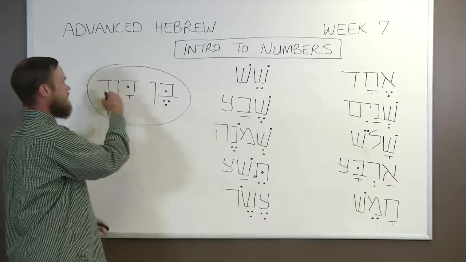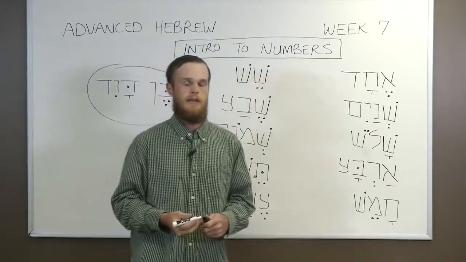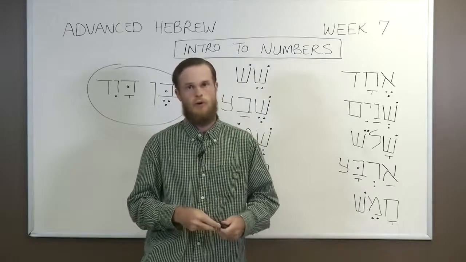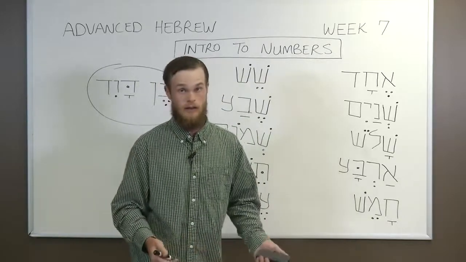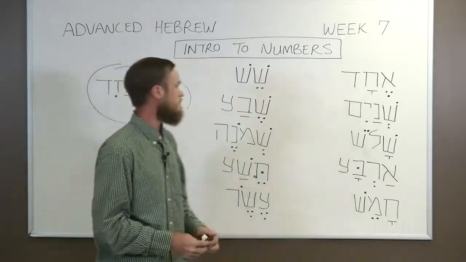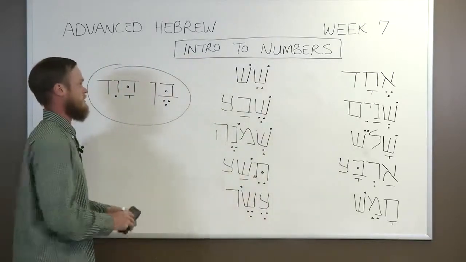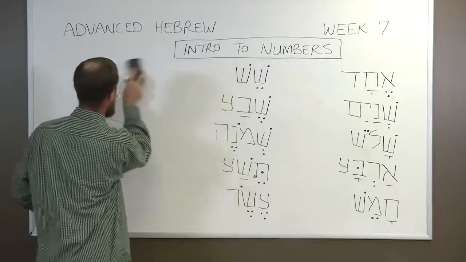So this means son of David. It indicates that there's a connection between those two words, that they're not just two words that happen to be adjacent to each other. There's a reason that they're being placed there. So Ben David would be translated son of David. When we put numbers in the construct state,